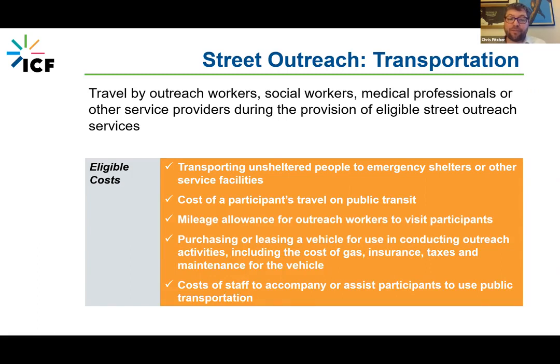We also can allow mileage for outreach workers to visit encampments or folks in an unsheltered situation. We can purchase or lease vehicles for conducting outreach. That includes gas, insurance, taxes, and maintenance of those vehicles, and costs of staff to accompany or assist participants to use public transportation.